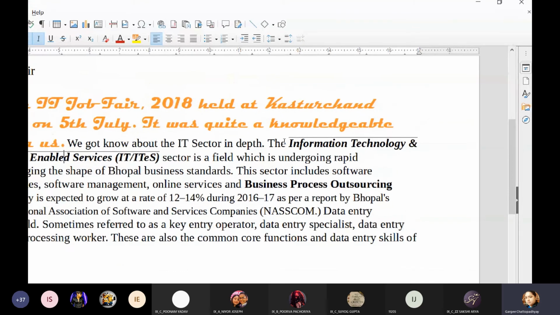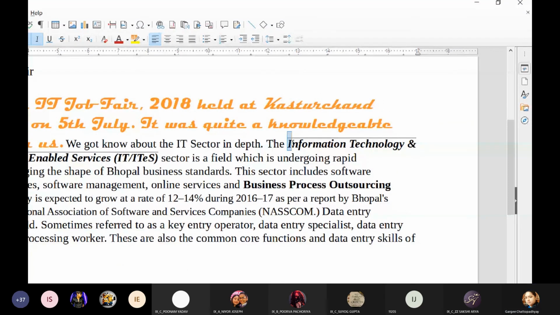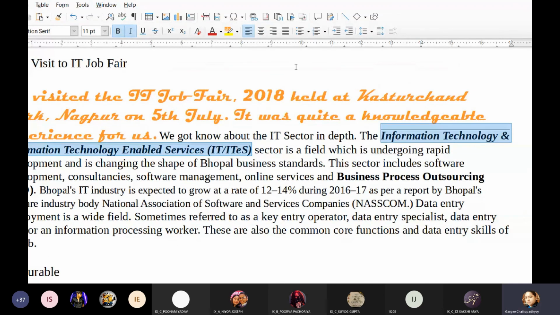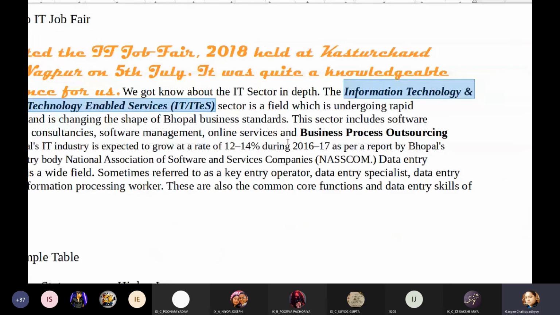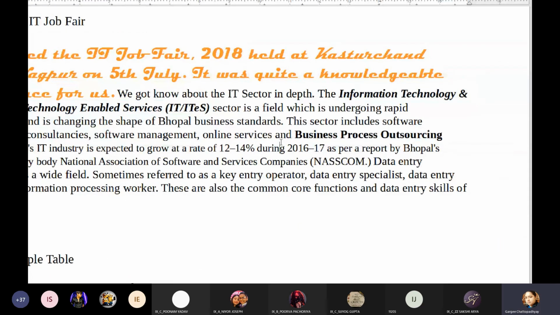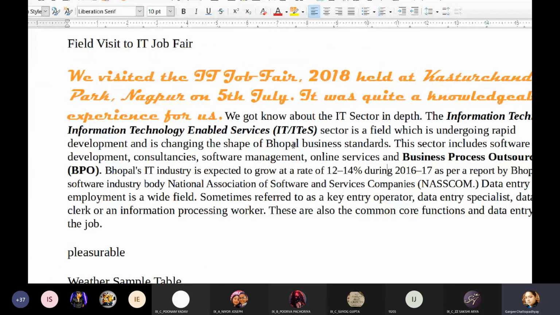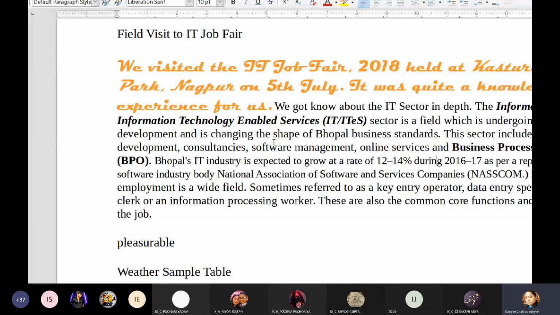If you select this text and go to format text and select this option again, that particular overline effect will be removed from the text. Understood this?